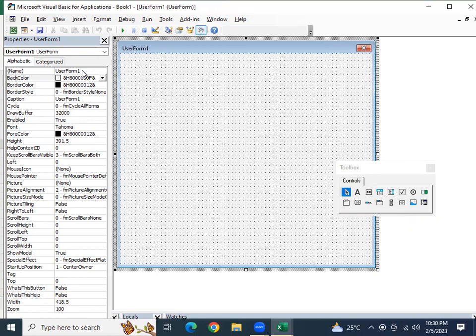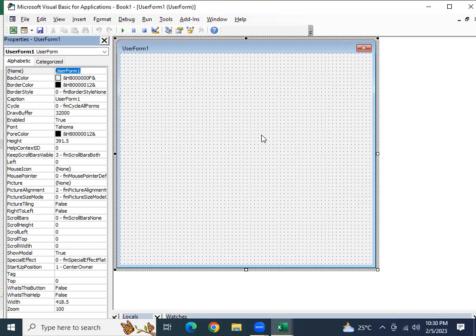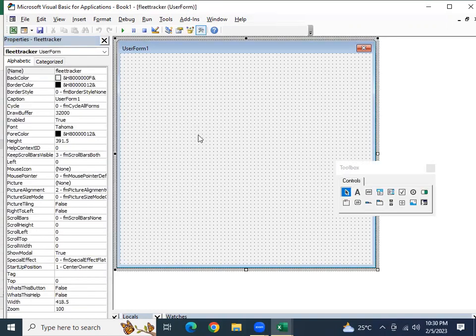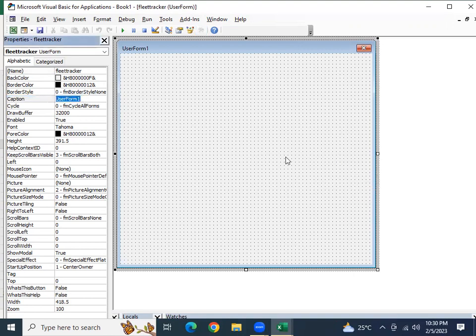The next thing we're going to do is, of course, name the user form. The name is fleet tracker. Make it short. So the name of that is now fleet tracker. Now we can also put a caption on it. Let's say, I'm going to make it longer, fleet management